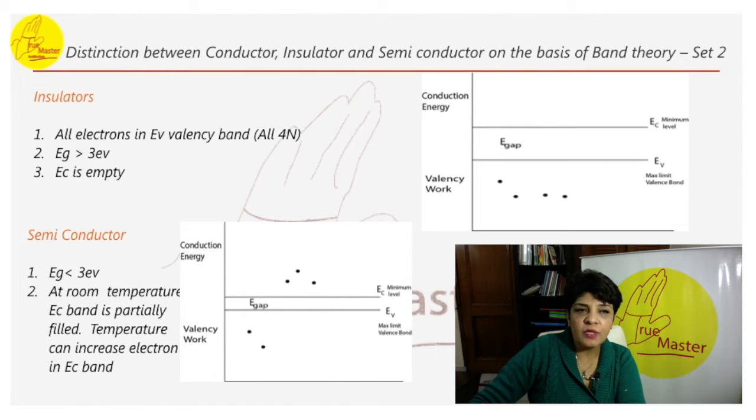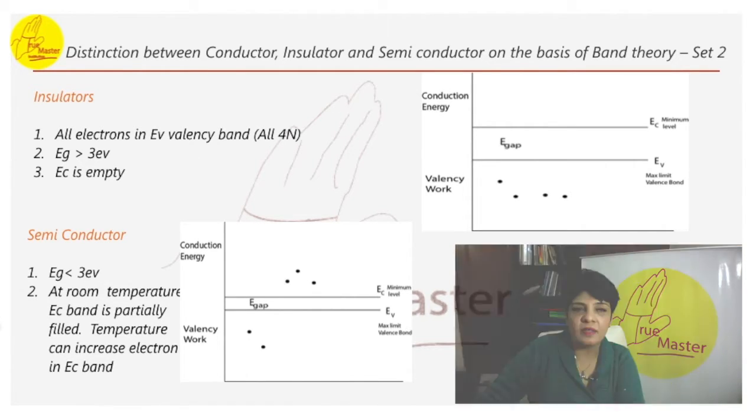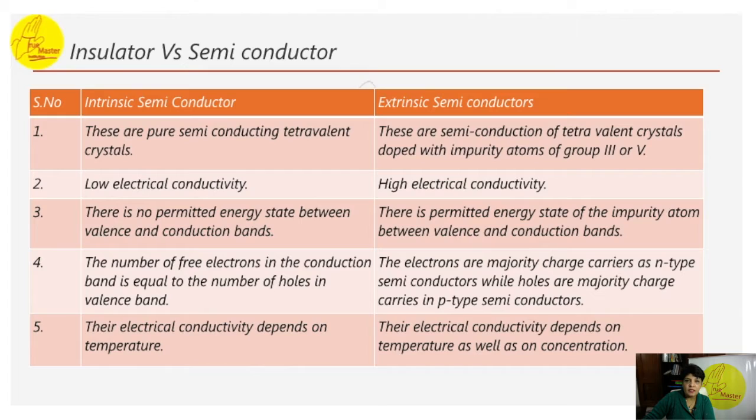Now I am explaining the terms intrinsic semiconductors and extrinsic semiconductors. Intrinsic semiconductors are pure semiconductor materials and they have no impurity of any sort. The electrical conductivity is generally small and depends on temperature. Extrinsic semiconductors are prepared by doping. What does the word doping mean?